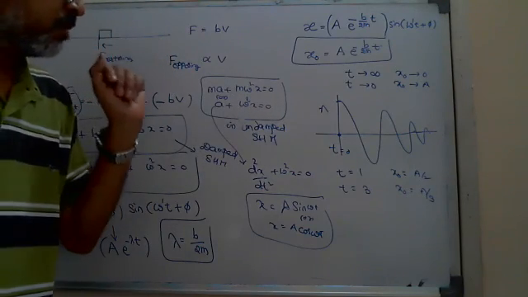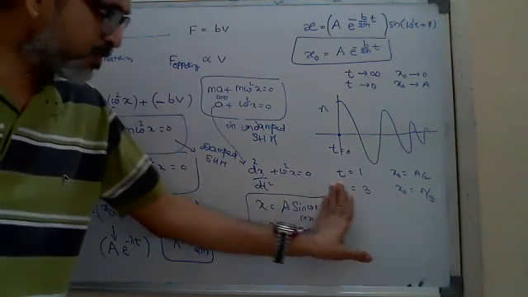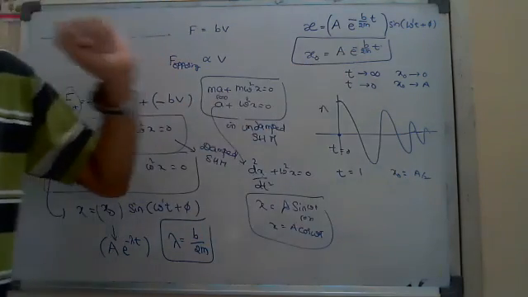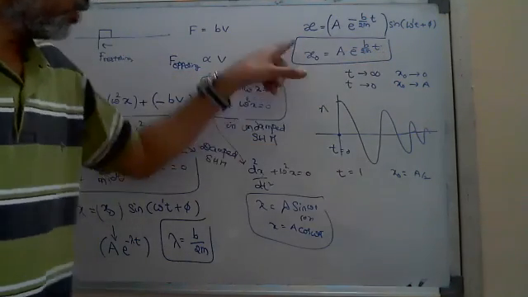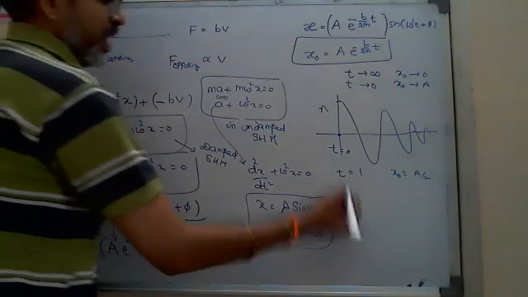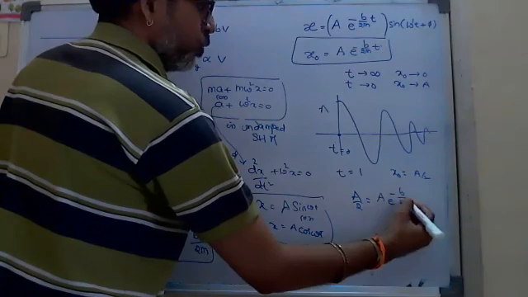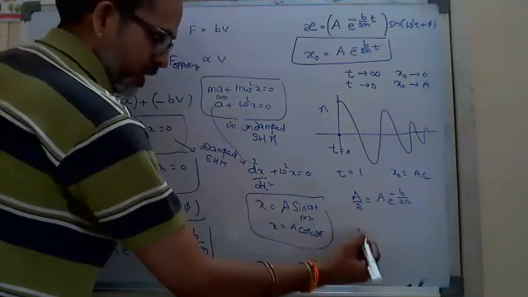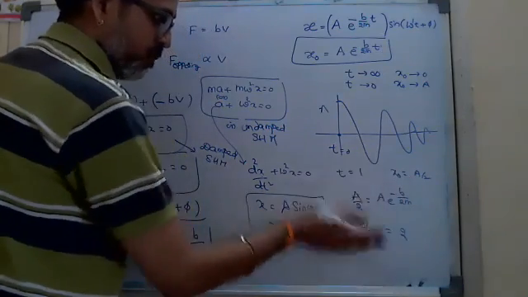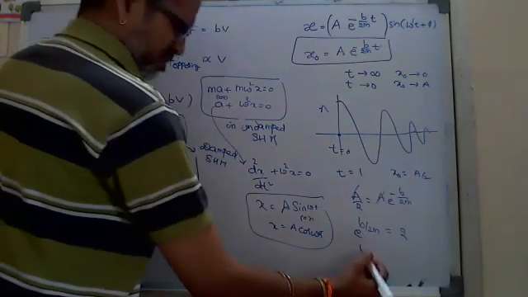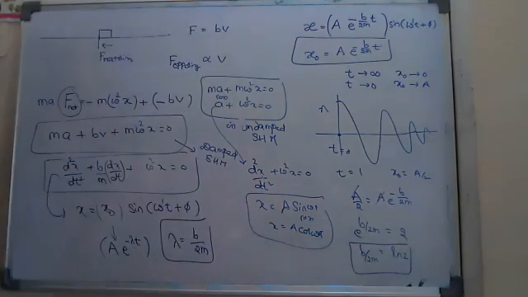Here, Nana, from the first equation only, without the help of second equation, you will get something from this equation. What? By putting t is equal to 1 and x naught equals A by 2 here, directly you can say A by 2 is equal to A e power minus b by 2m into t1. Straight away you can say e power b by 2m is equal to 2. It is power minus, so we are reciprocating after cancelling. So b by 2m is equal to log base e 2. Directly we got the answer.